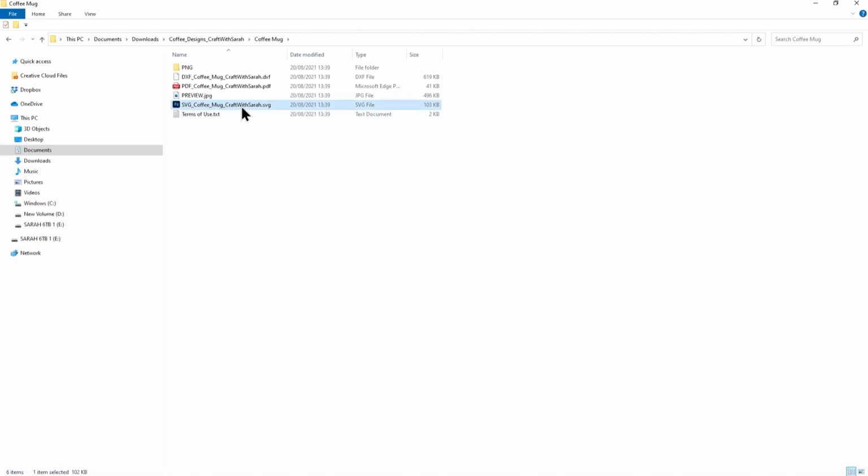And if you're using a Cricut machine, or if you've got the paid version of Silhouette Studio, then it's the SVG file you want. And I believe you can upload SVGs into the Brother Scan and Cut software too. So it's really important when you're uploading it into Design Space, you choose the file that starts SVG underscore in the file name. Let's jump into Design Space and see how to upload it.